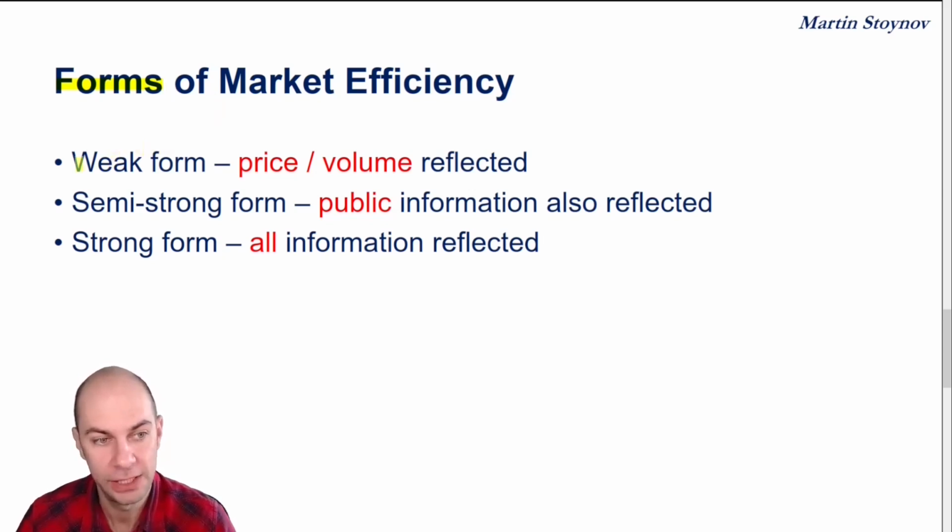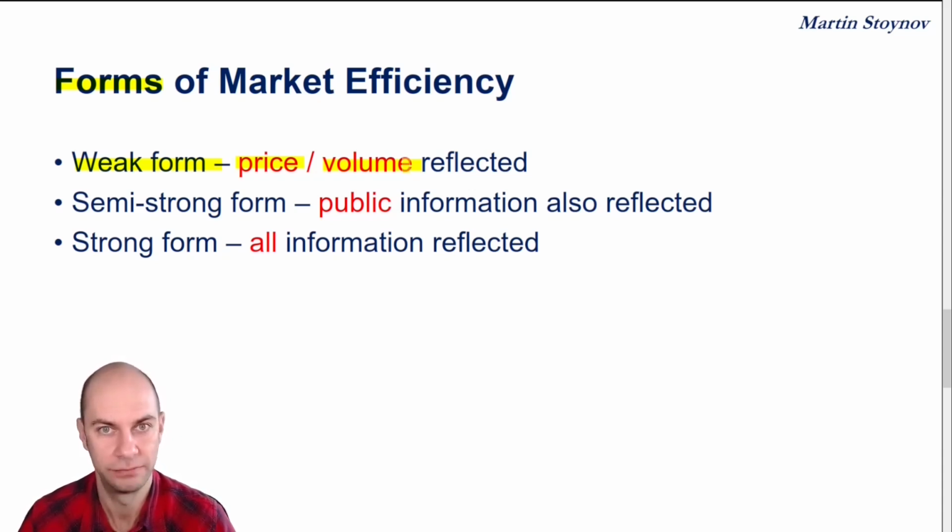The first form is known as the weak form. If we assume that the market is weak form efficient, we are saying that price and volume data are already reflected in the current price. What does that mean? That means that essentially your chartists, your technical analysts are not going to be able to